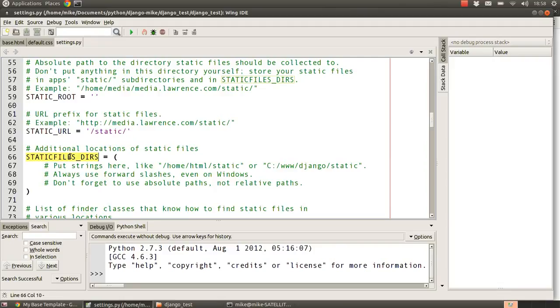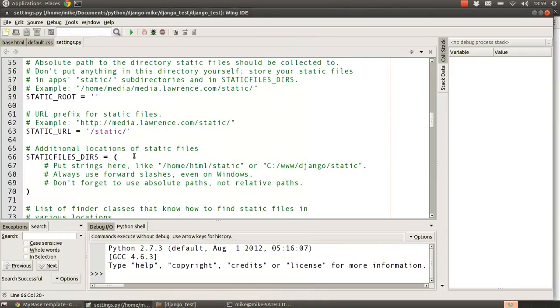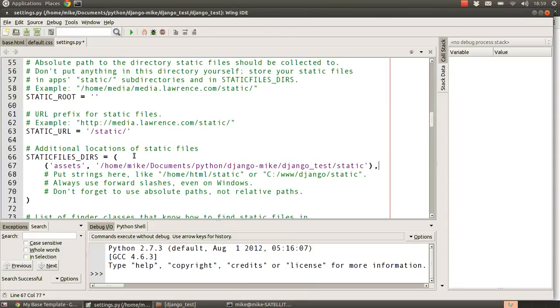The next section is static files dir, and this is where we tell Django about our static folder that we've been creating inside of the project. Now, this doesn't necessarily have to be anywhere inside of the project. It could be just on your hard drive. You could put it in your documents folder if you wanted to put the files there. It's just for the sake of showing you how it works that I've kept it in there. So the path to this place can be anywhere you like, really. I've put it in this path here,